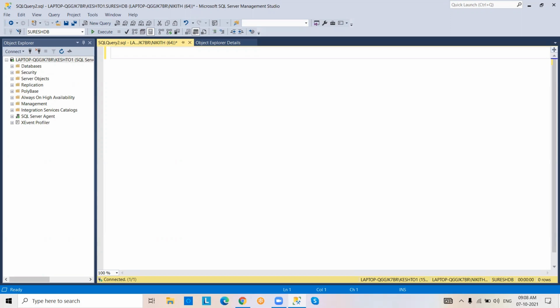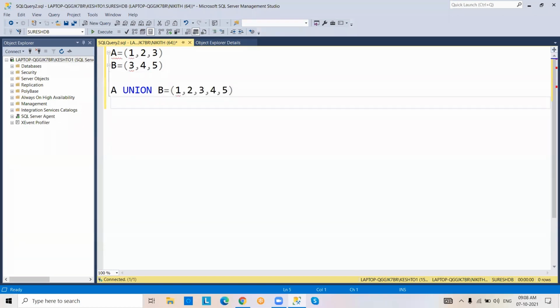Before that, the set operators concept is there in mathematics. Let me explain in mathematics. Suppose we have set A, elements are 1, 2, 3. Set B, elements are 3, 4, 5. A union B is 1, 2, 3, 4, 5. That is the union operator.